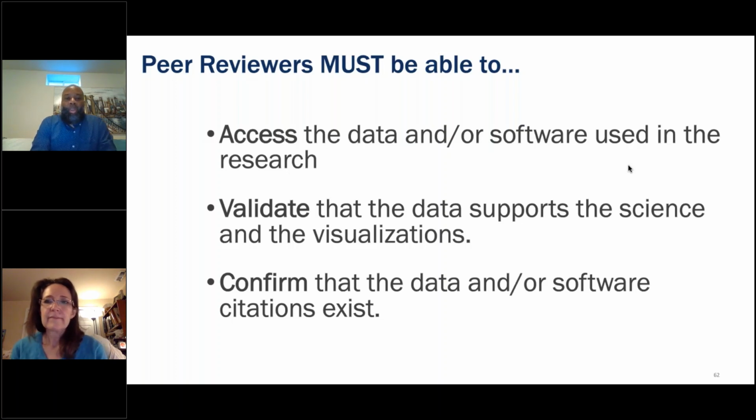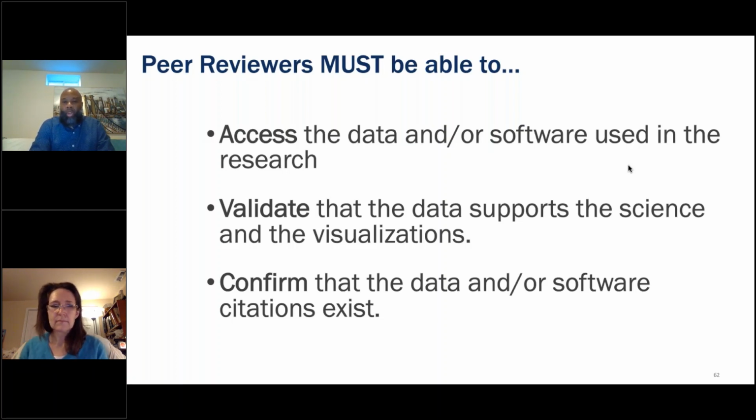Yeah, so just to really recap on what we touched on previously, it's really important for the peer reviewers to be able to validate what is being expressed in the manuscript. So they need access. They need to be able to access the data and the software used in the research. So authors should provide as much information as possible about what that access looks like. Like Shelley just mentioned, if there are barriers to the access, whether it's a fee, whether there's a registration involved, or whether you need some other permissions in order to access the data, as long as that's expressly explained in the open research section of the manuscript,